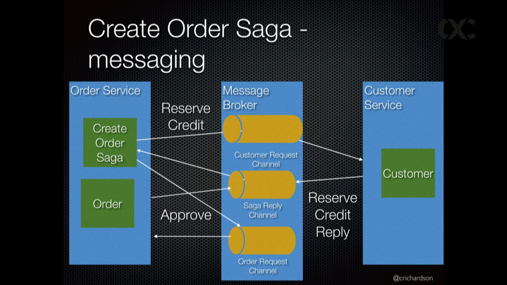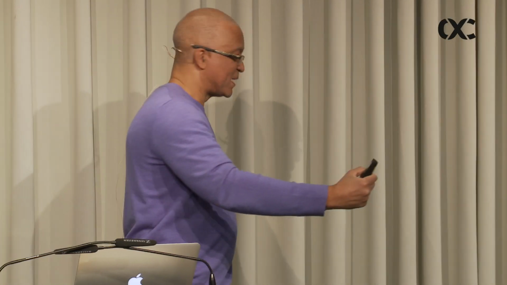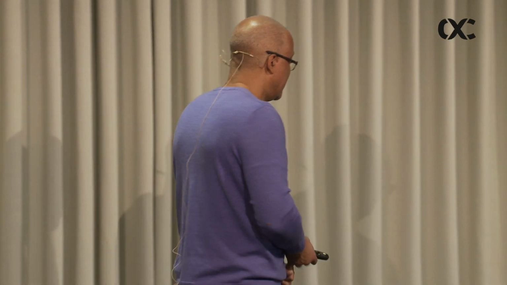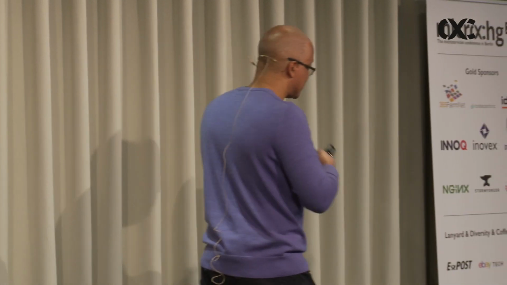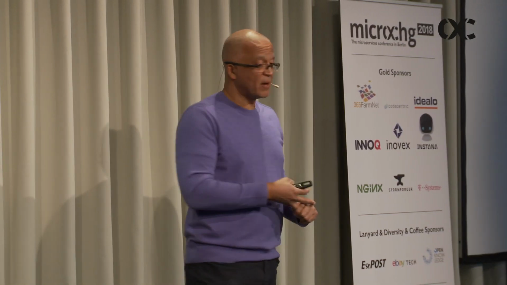Anyway, there's a whole bunch of lines and boxes, things are bouncing back and forth. But that's the way the system works. And the reason for this is it gives you guarantees that when you request an action to be done, it will be done. The message broker gives the guarantee of at least once delivery. So even if the participant is not available to immediately process that request, it will eventually when it comes back